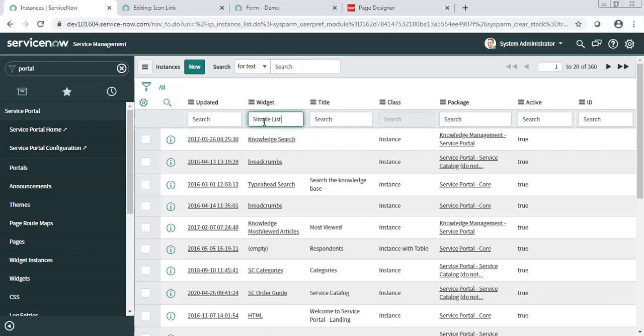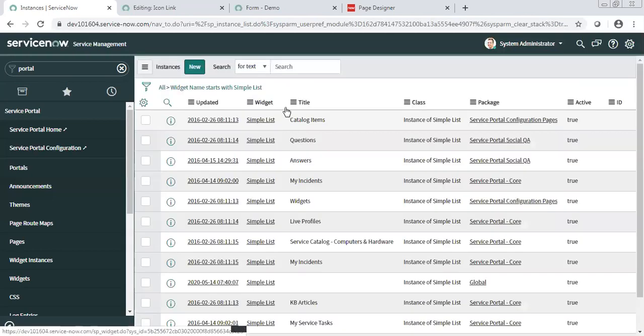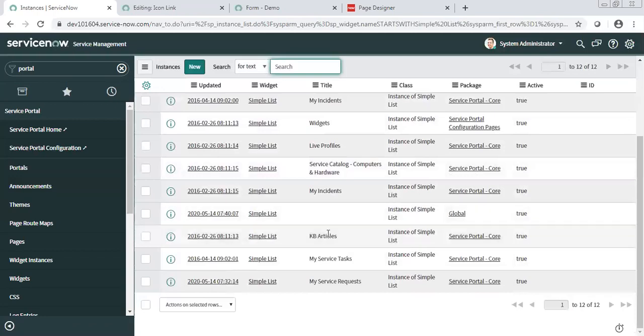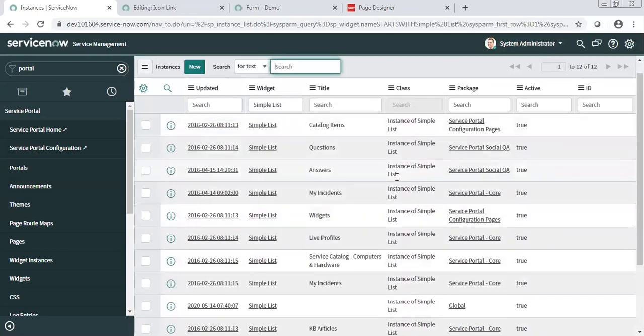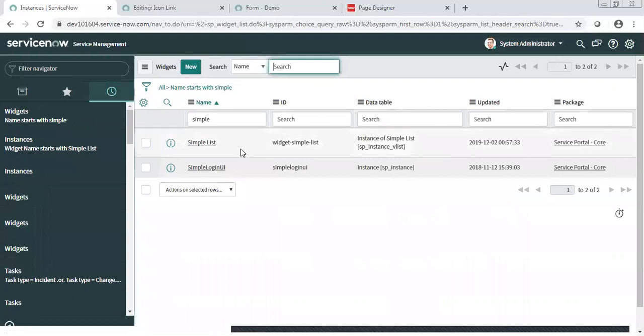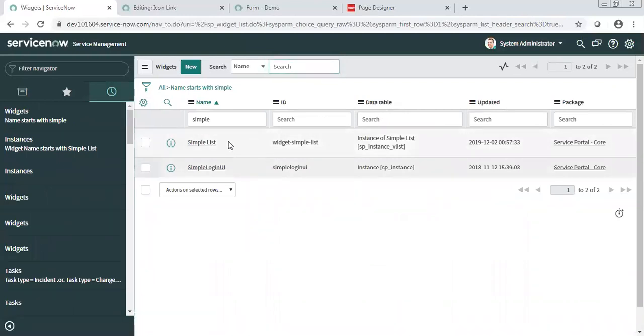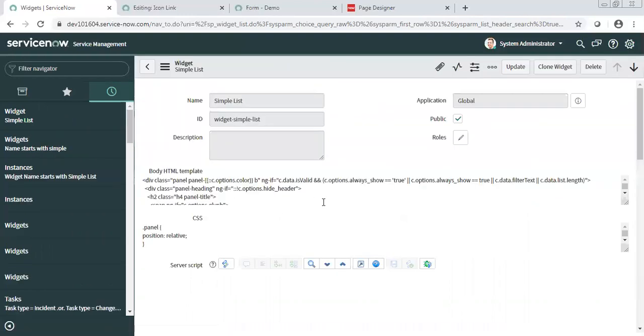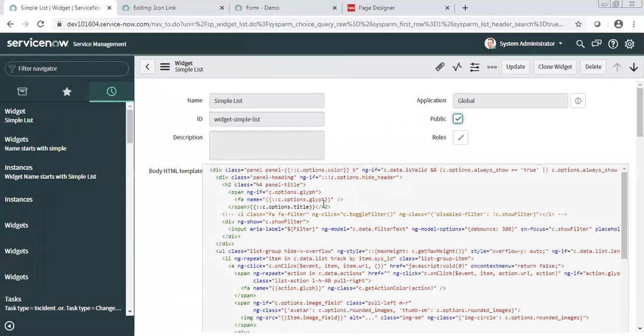If I type widget as simple list, you will see this many, because this many instances of that widget have been used, and these particular records have a certain set of configuration, not the one we saw previously. This one has all the code, everything, and it's just giving you flexibility to modify it.